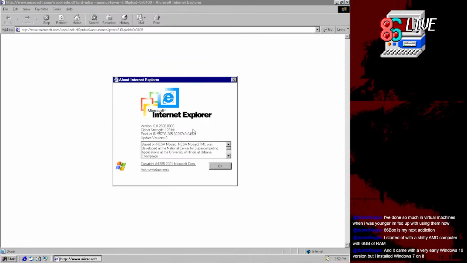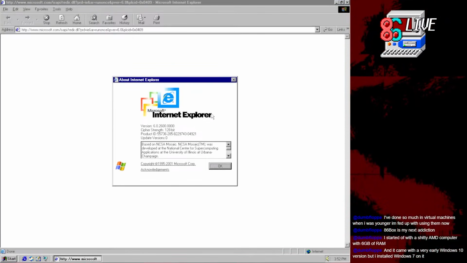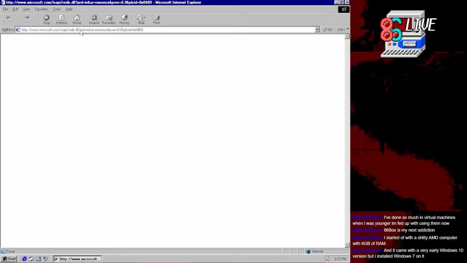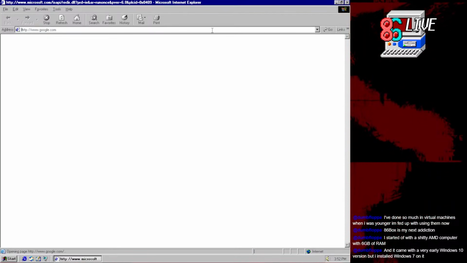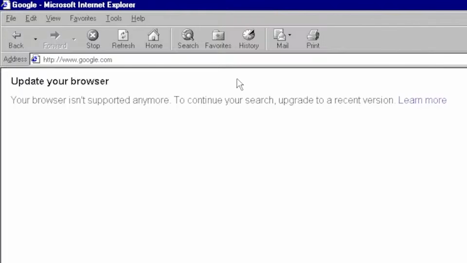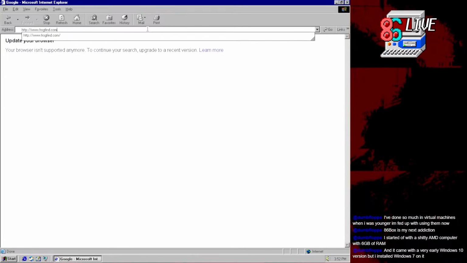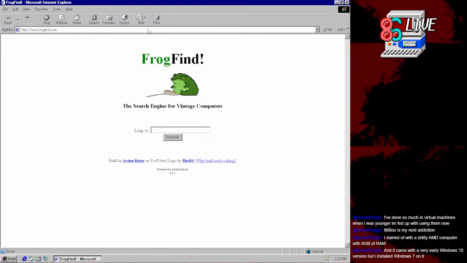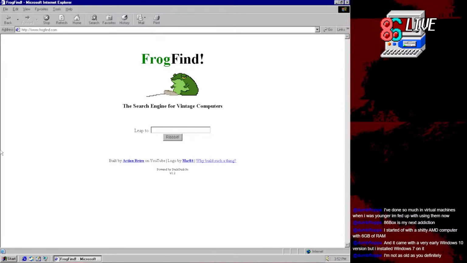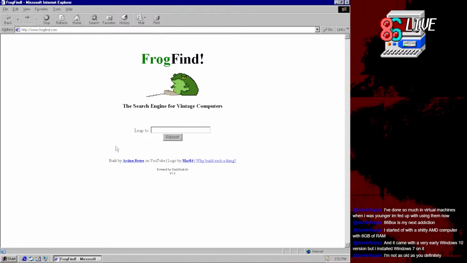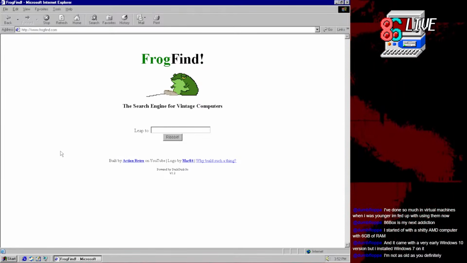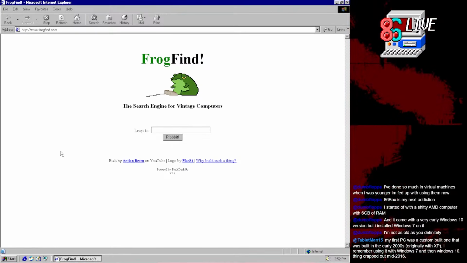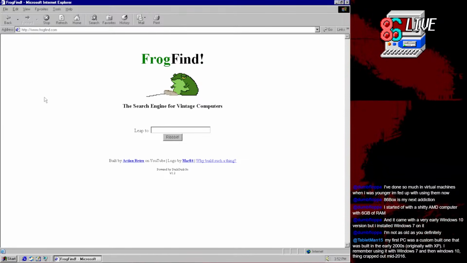Alright, so now we should be on IE6. Which, of course, if I run good old Google on there, it doesn't work! I think I know which version of, what's it called? Alright, of course, Frogfind works. I'm 25, for reference. You know, I've been in this community for several years. Just put it that way. A custom build in the early 2000s. Wild. All right, so